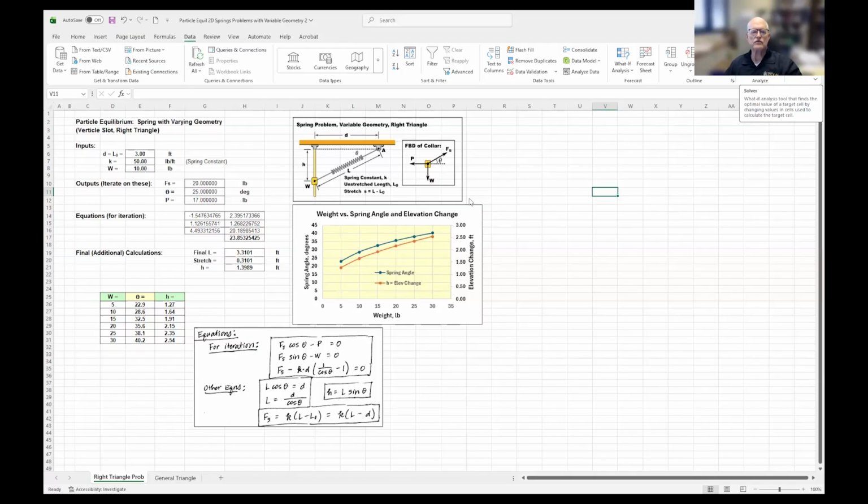So what is Solver? Solver is a package that iterates to solve an iterative type problem. And it's similar to Goal Seek. So if you go to What-If Analysis, Goal Seek